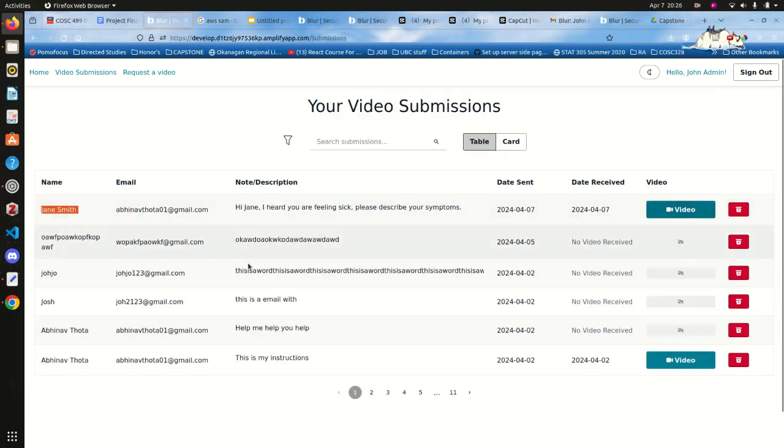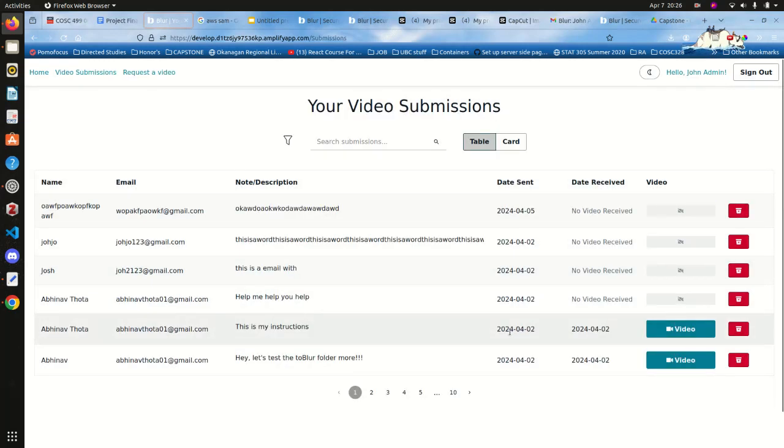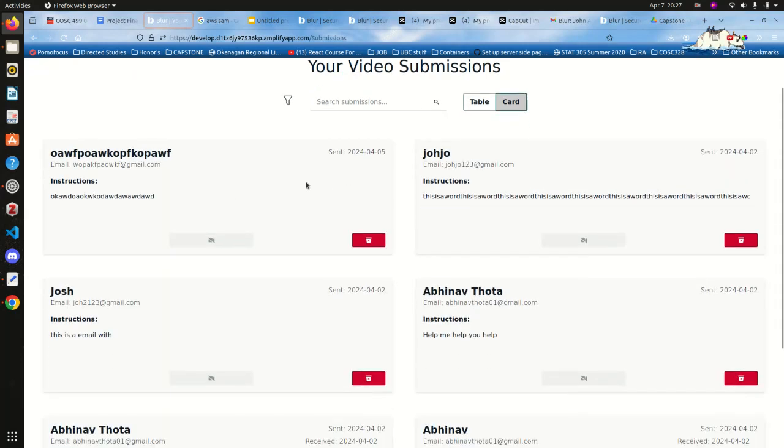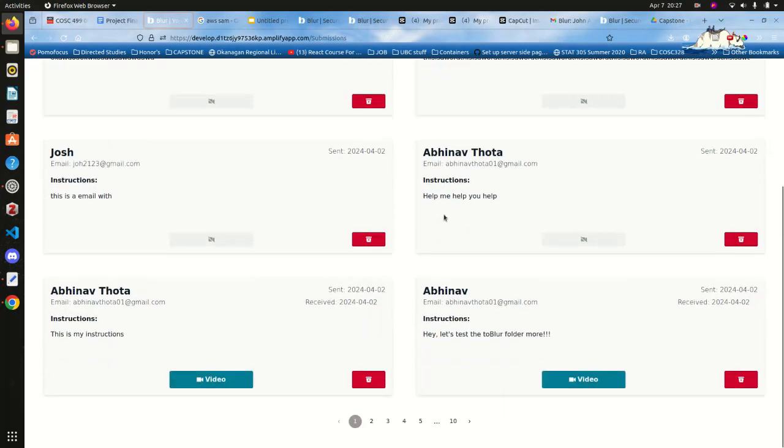Just going to go ahead and close it, and we have the ability to delete this video, so I'm just going to delete it and ask for a new submission. So that is the workflow, and that highlights most of the features that we've been working on. I'm just going to show you the card view as well. There's a card view. It's just another way to view the same